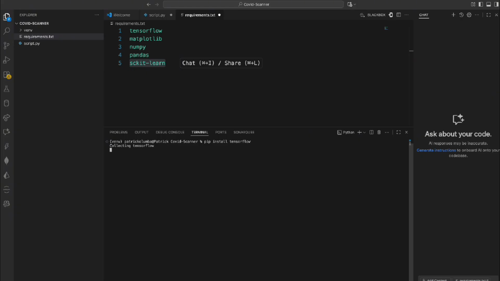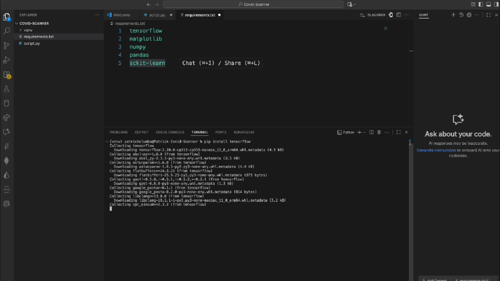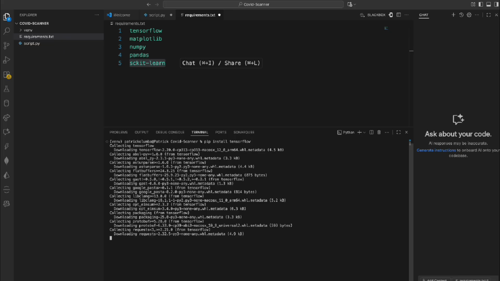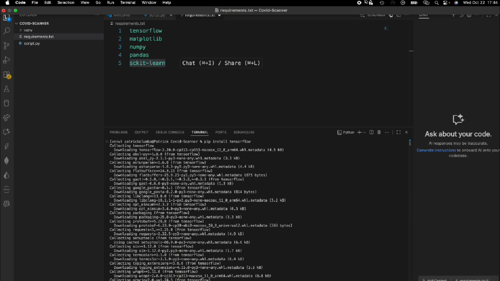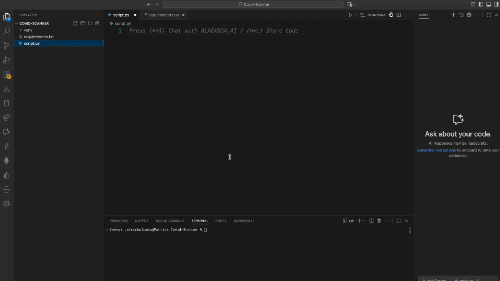And I'll wait for that one to install. And after that, I'm going to install Matplotlib, NumPy, Pandas, like all of those. I'll come back when I'm done with everything. All right, so after importing all the